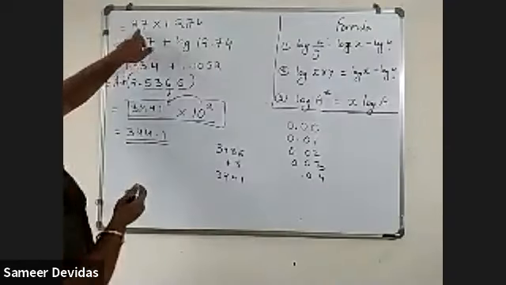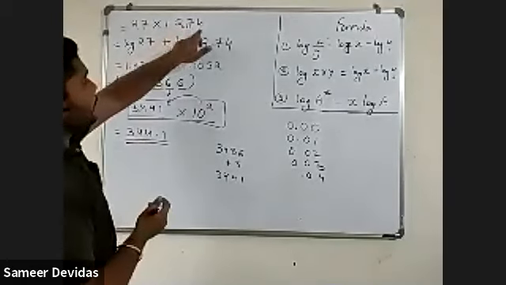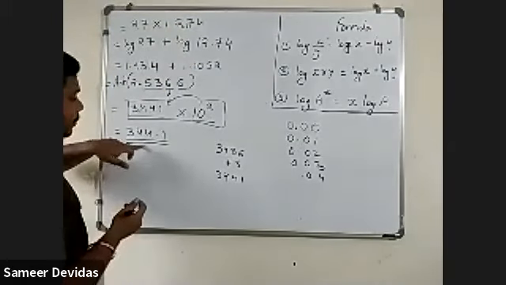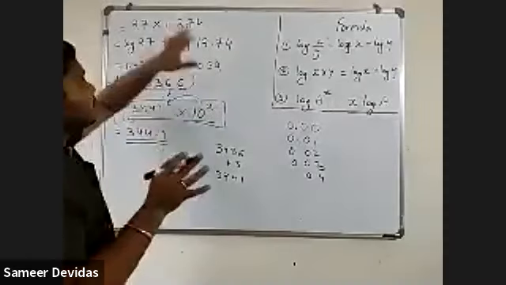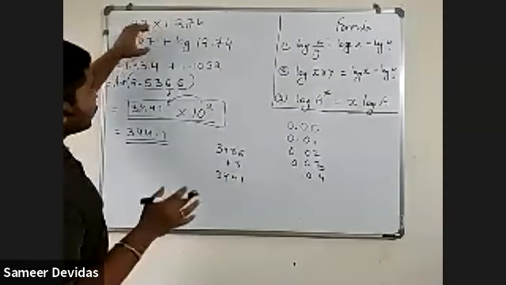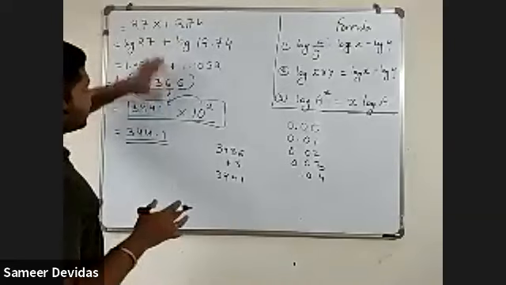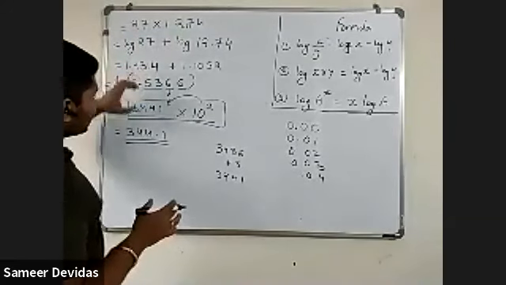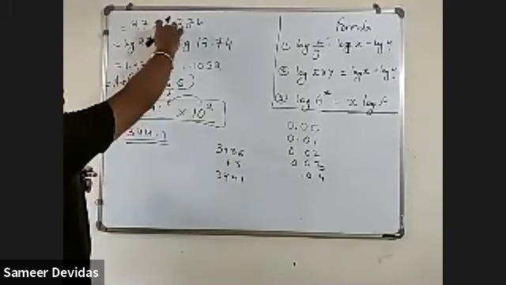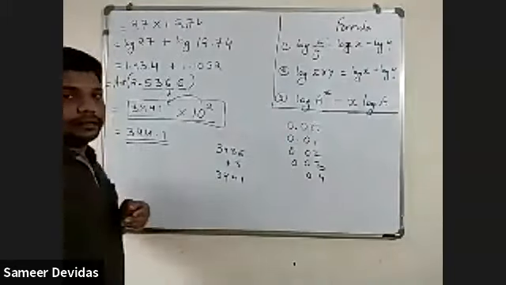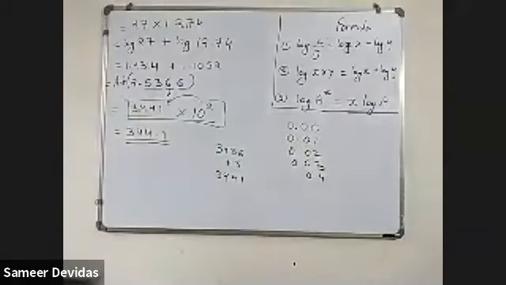Now, if you multiply 27 into 12.74, you will get this answer. Is this clear? Yes, sir. To get that answer, see how difficult it was, but to get this answer you just have to follow this rule. First you find out the log, then you find out the anti-log. The answer you get last is your answer for that multiplication or division. Just note down this. We'll go for one more problem.